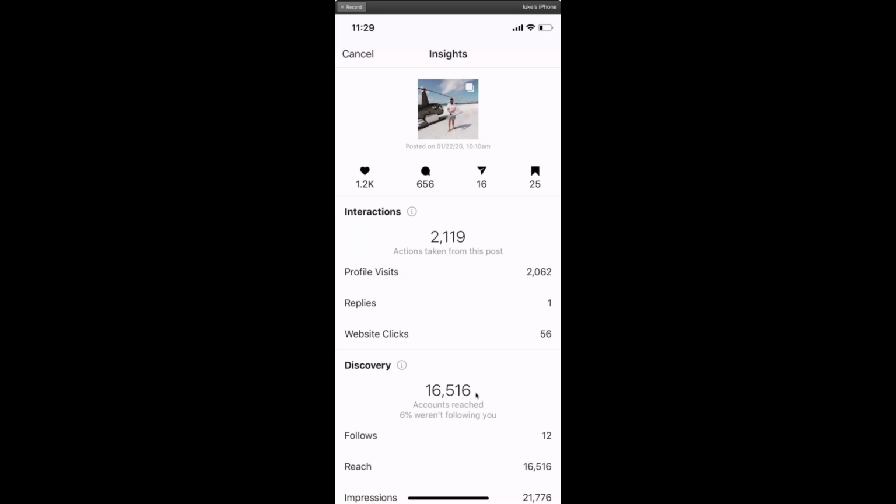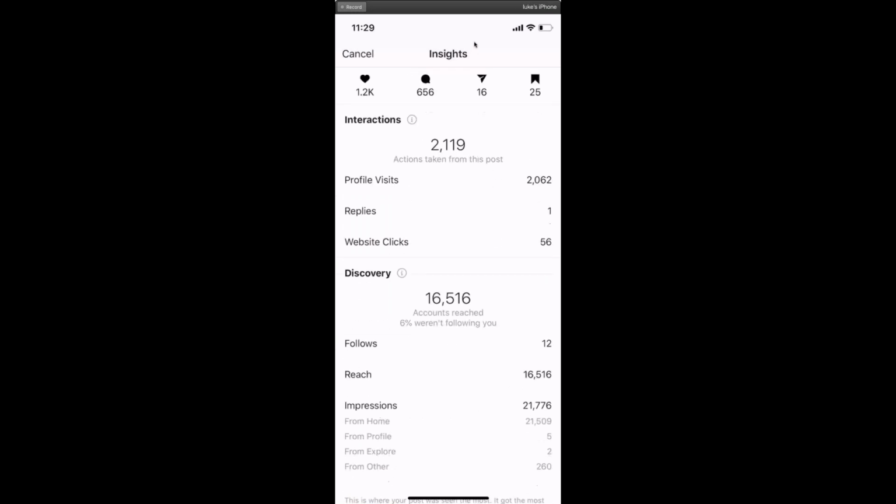one post. So again, when we're talking about the investment of working with these influencers, yes, there is a small investment at first, but that investment is going to pay off for a very long time, because on one post I've reached 16,500 people, which is huge. Now, if I do that again and again and again, I'm going to keep on reaching so many people, and